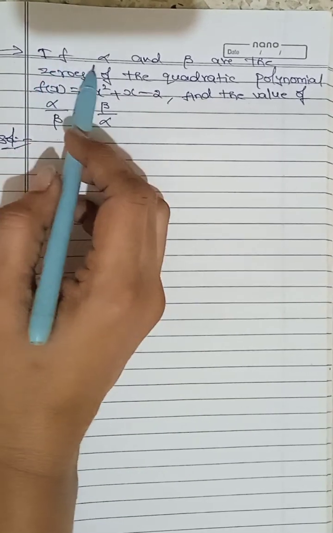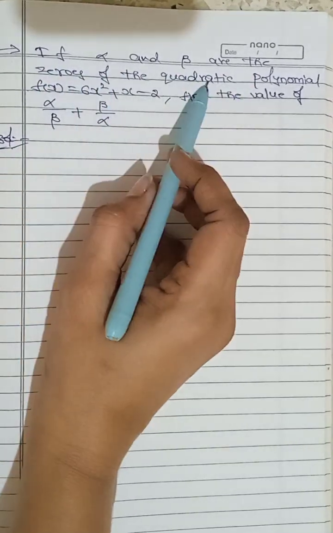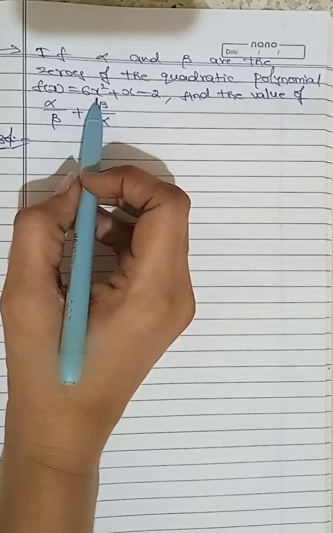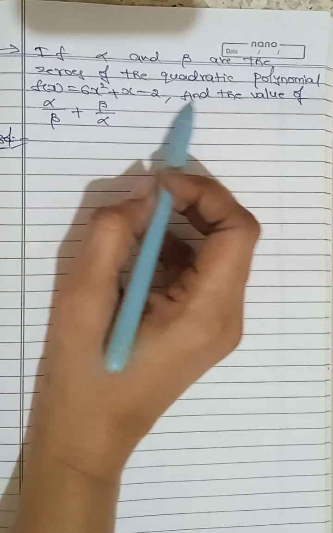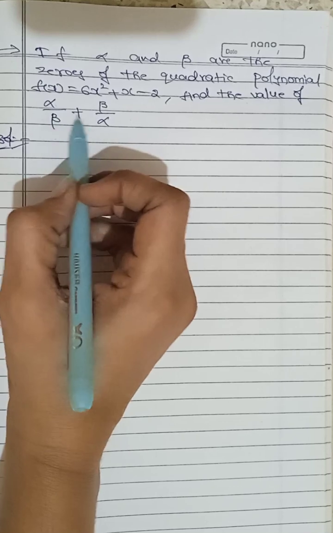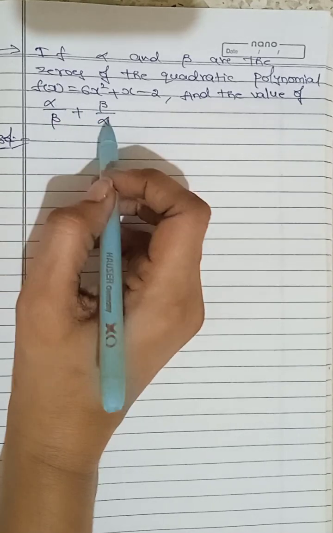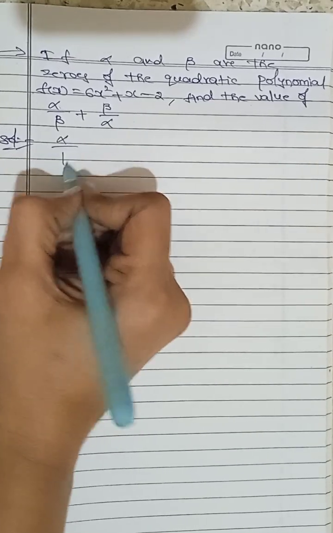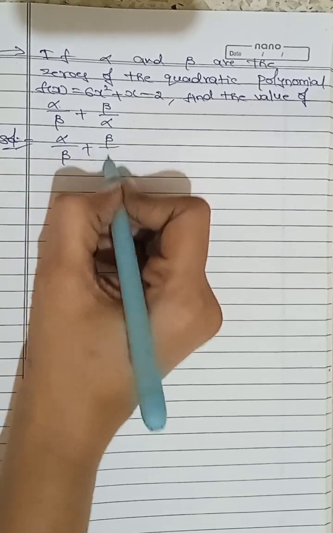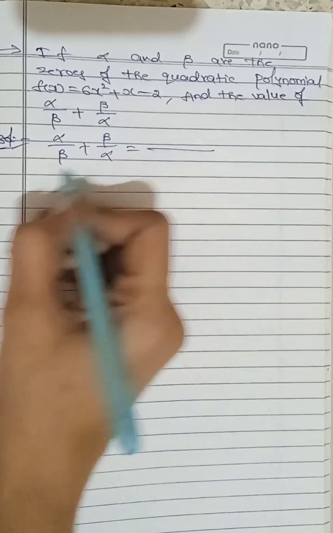Now our question is, if alpha and beta are the zeros of the quadratic polynomial f of x equal to 6x square plus x minus 2, then find the value of alpha by beta plus beta by alpha. So we have to simplify the given. Finding the value of alpha by beta plus beta by alpha should be simplified first by taking LCM of beta